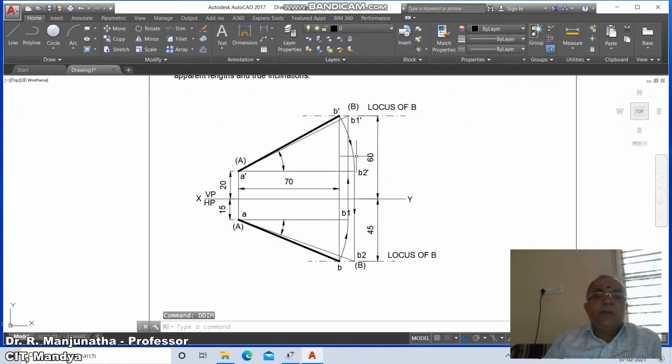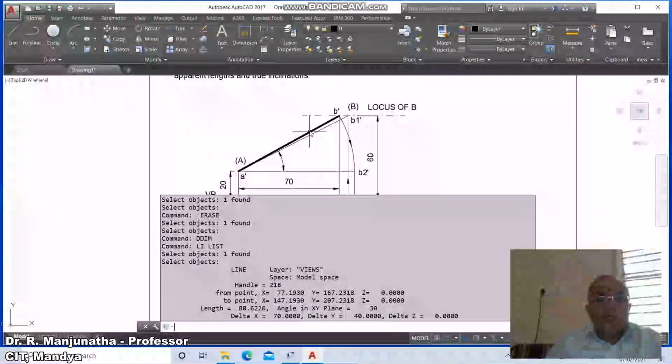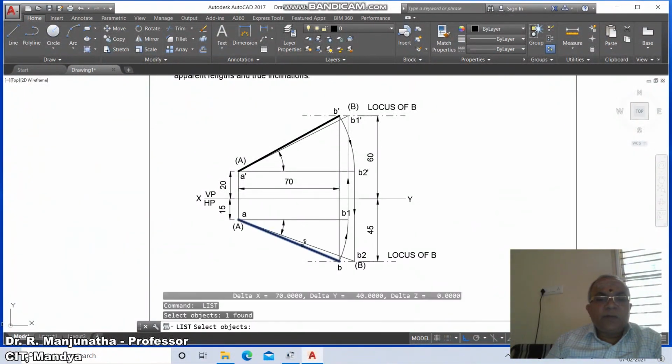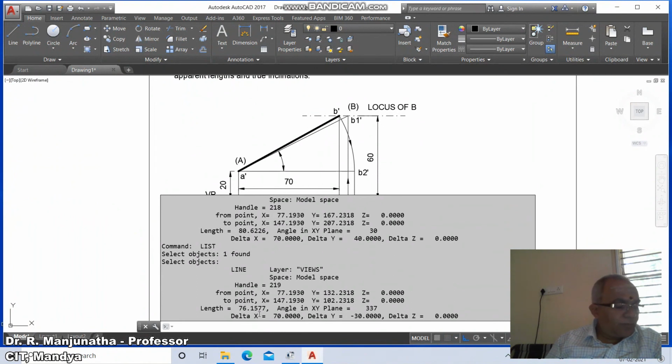So once you do that, here we need to go for A dash and B dash. You just go to list, here front view is 80.62 and the top view is 76.16. So you can see here 76.16.